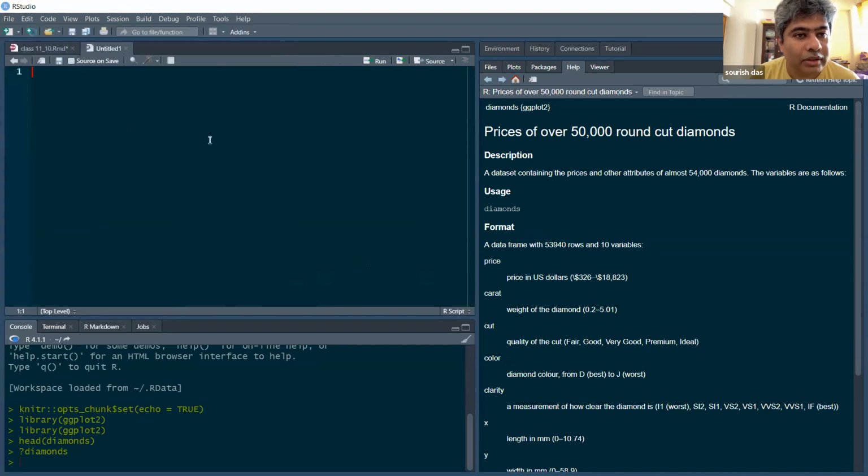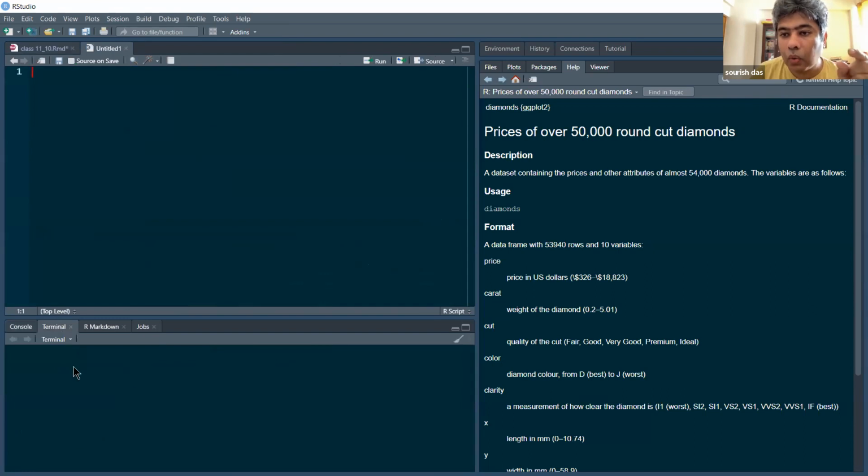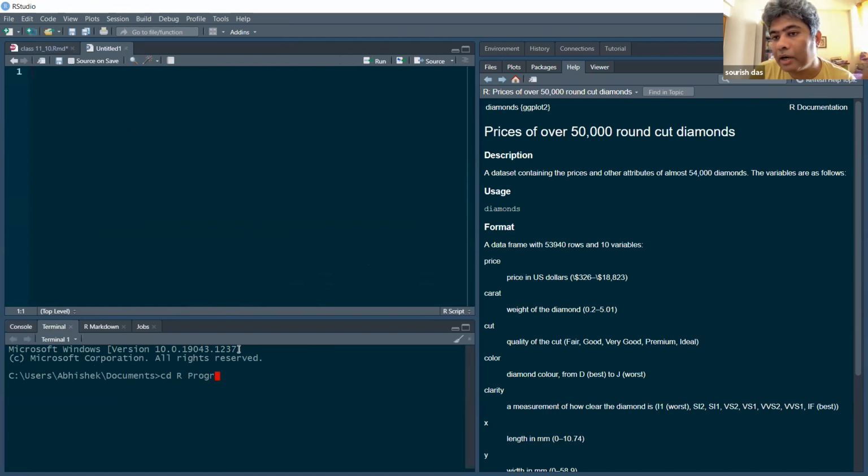We will write whatever code, and when we think my code is ready, we'll take that code, put it into the R Markdown file, compile, and our report will be ready. That will be our plan.